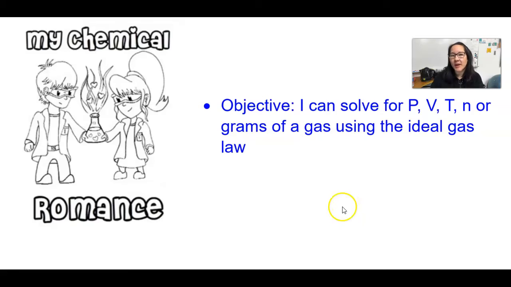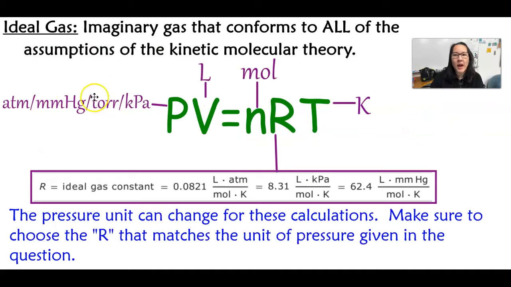Up until now, we've been calculating gas laws with pressure, volume, and temperature only. Now we're going to include the amount of a gas in moles or grams. So an ideal gas is an imaginary gas that conforms to all of the assumptions of the kinetic molecular theory. The equation PV equals nRT is known as the ideal gas law, which includes pressure, volume, moles, the ideal gas